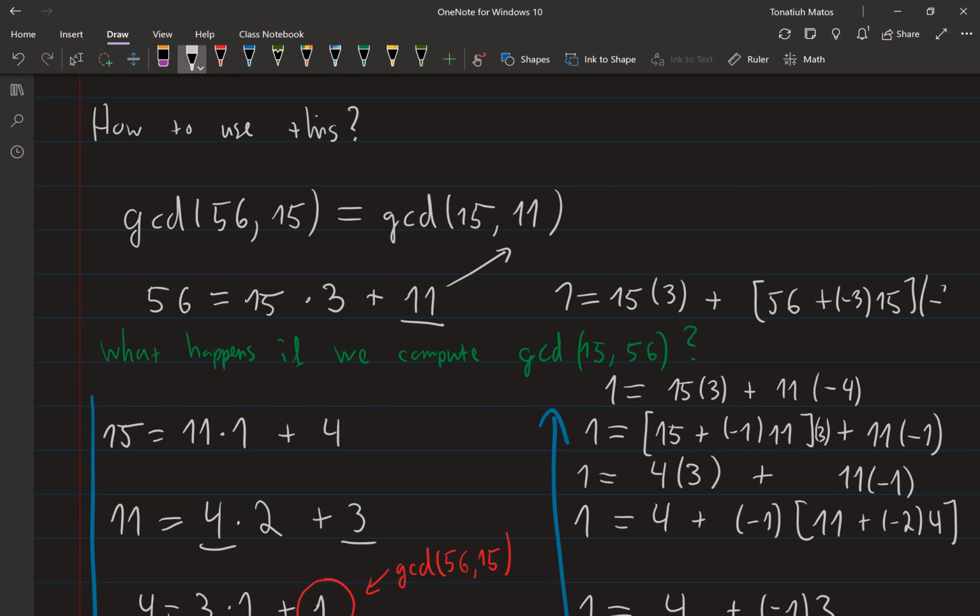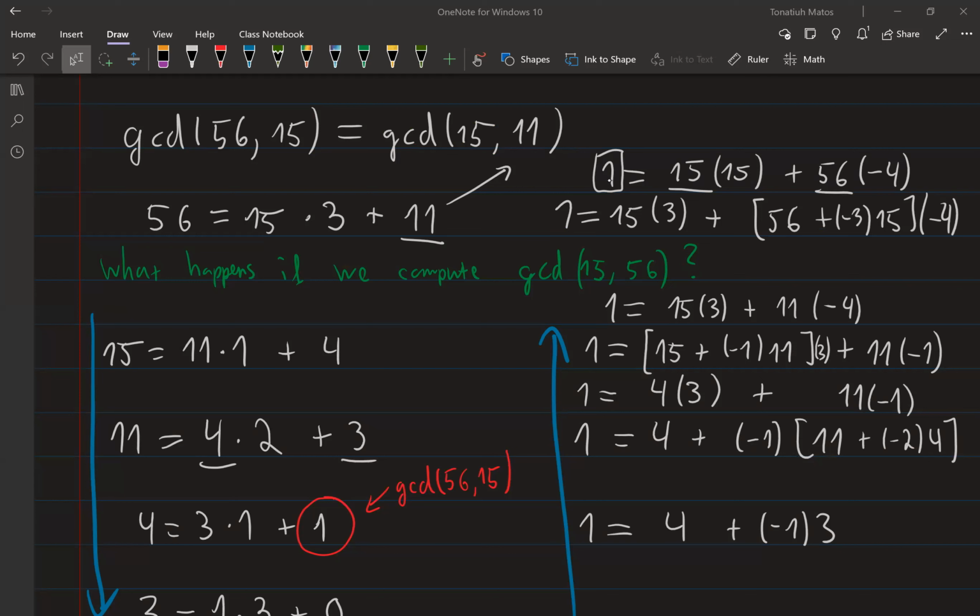Okay, so someone's asking, this is not the only answer. If I ask you, can you write 1 as a linear combination of 15 and 56? Then no, this is not the only way. And there's a way for you to produce all possible answers if you have 1. So typically you will find infinitely many pairs of coefficients that satisfy this. My only point is that the algorithm will only give you 1. It will only provide you with 1. Because there's, like I said, no choice, right? There's only one way to do this. Yes, you're welcome. Okay, so the takeaway is